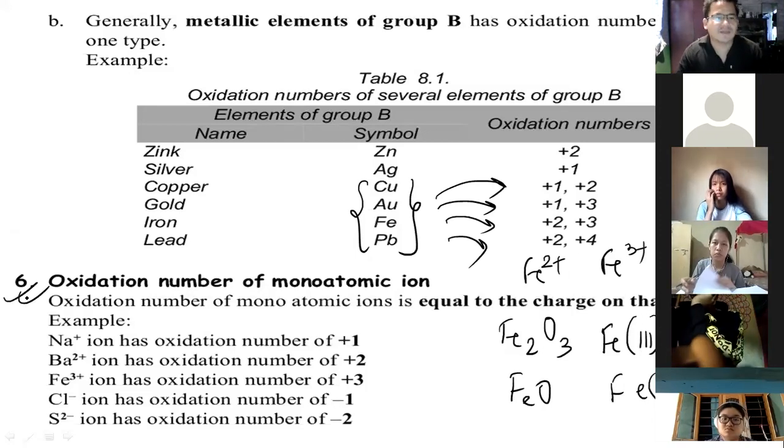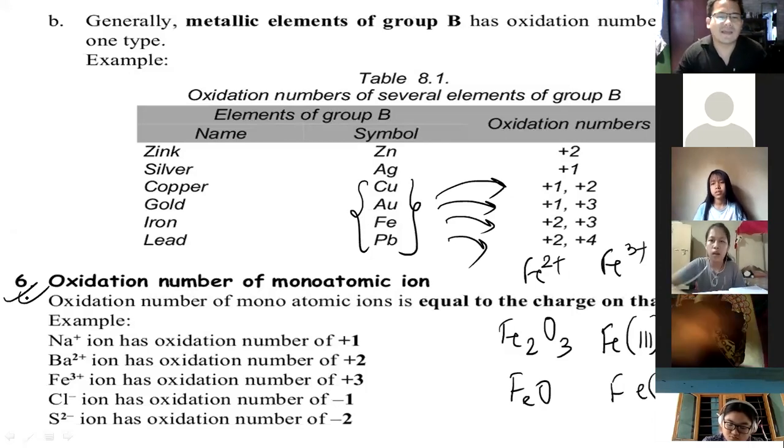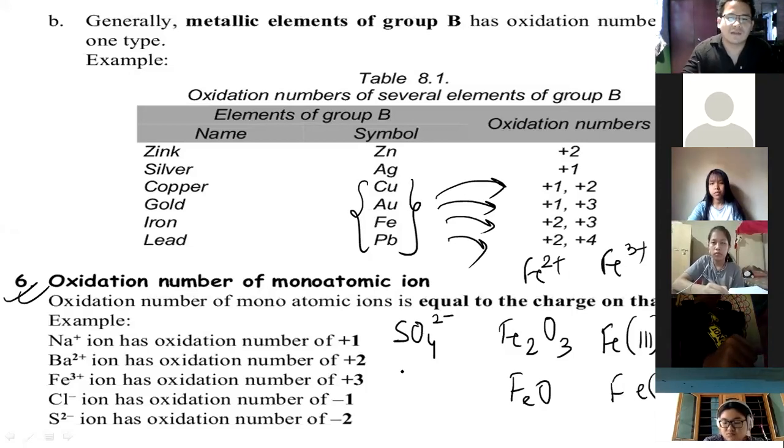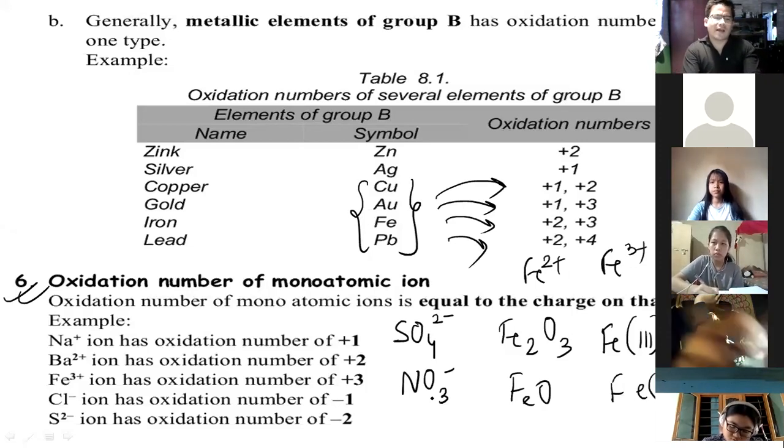Examples: sodium, barium, ferric iron, chloride, iron sulfide. The oxidation number of single atomic ions versus polyatomic ions: sulfate ion or nitrate ion are called polyatomic ions. Point number 6 says that for monoatomic ions the oxidation number is equal to the charge